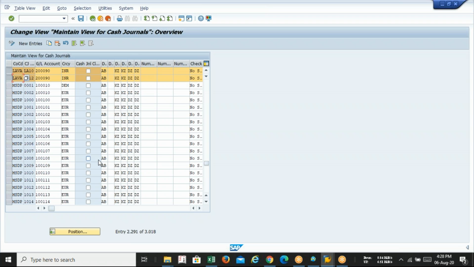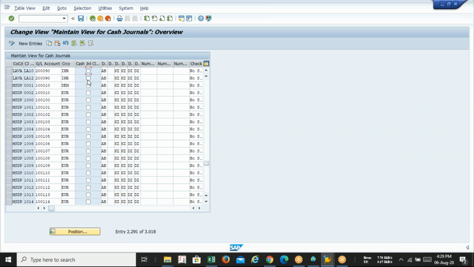Sir, now we can block the GL here? No. Why would the GL be blocked? The cash journal can be blocked; there is no block for the cash GL. Here I am not blocking it, because I am going to post the transactions, so right now I will select unblocked. But in future, if I want to close the cash journal, I can click on it. You can see the message cash journal closed, so the cash account will be closed and you have to open a new cash account to record further entries. But after creation, do not click on it. I'm just discussing the option.